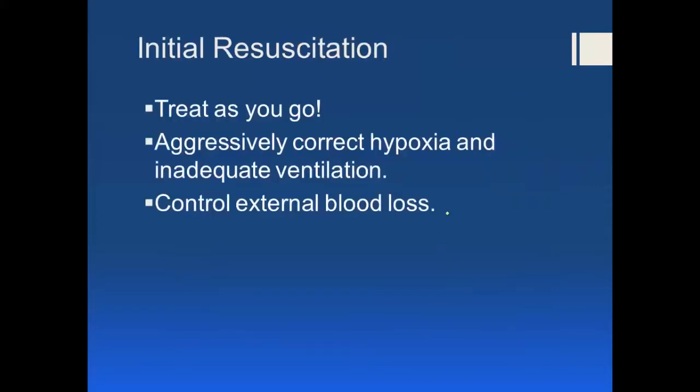Your initial resuscitation for trauma patients, you're certainly going to treat as you go. You want to aggressively correct hypoxia, that's with oxygen, and inadequate ventilation, and that's going to be with a BVM. And control external blood loss. Direct pressure